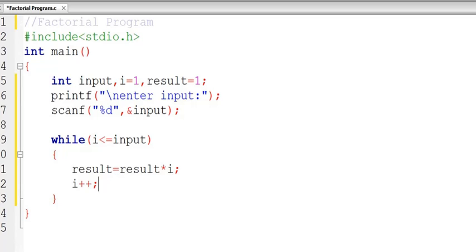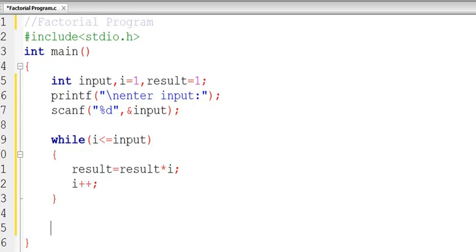Because result was initialized with 1, the first time it is multiplied with I, which is 1 at the first iteration, and 1 will be stored. Then 1 into the next number 2, it will be stored. Then 2 into the next number 3. Like that it goes on until I reaches our input.